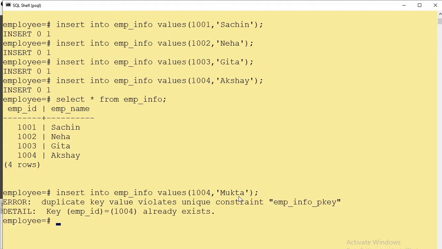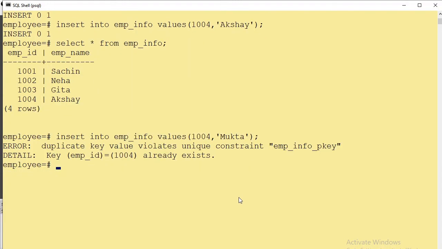Let us check it by pressing enter. Postgres has given us a message: error, duplicate key value violates unique constraint, and the constraint name which is given by the system, meaning it already exists. On the next line you can see that.